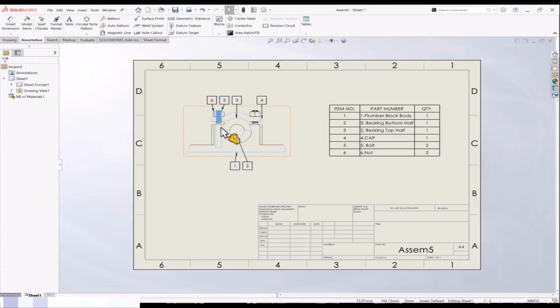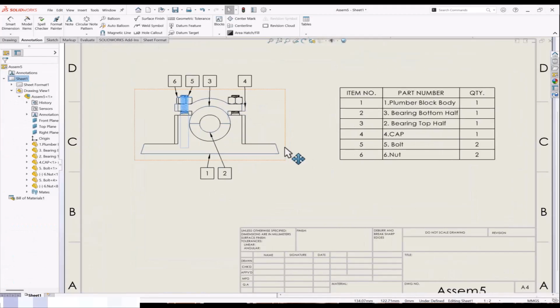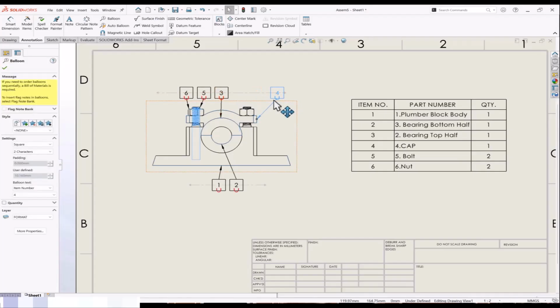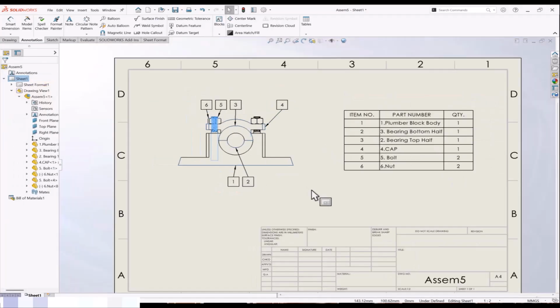So this is how it will come out. And this is how it is telling which part it is. Four is basically a cap. Then one is basically a plumber block body. Two is the bearing, that is the bearing half bottom. And we can see this quantity one, and which is two quantity bolt and nut we have in two quantities. Now